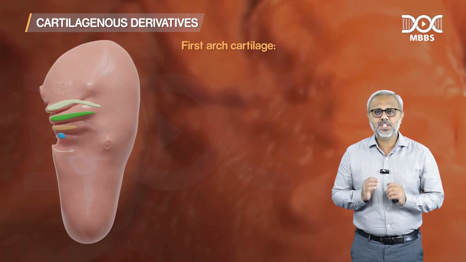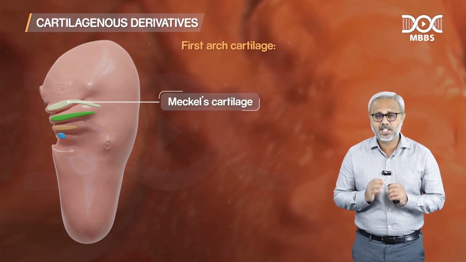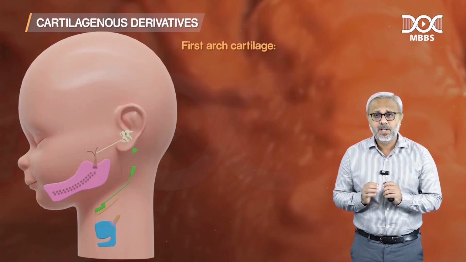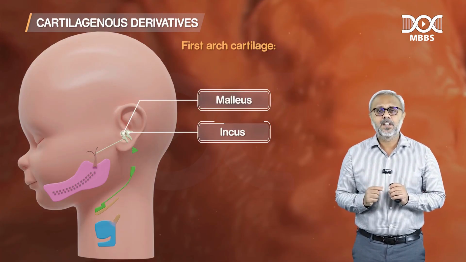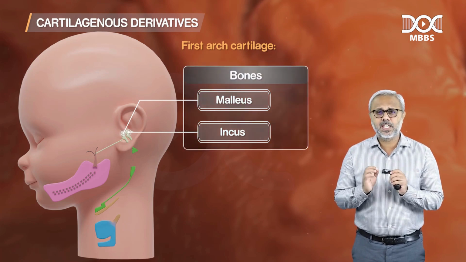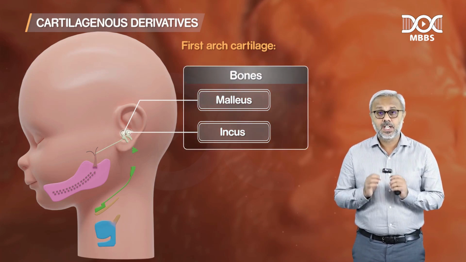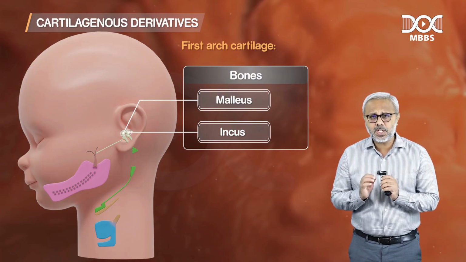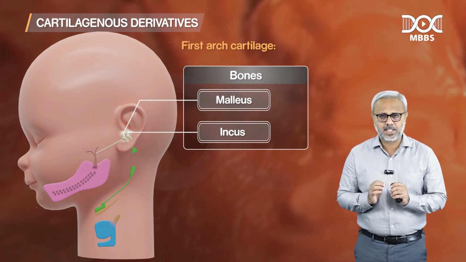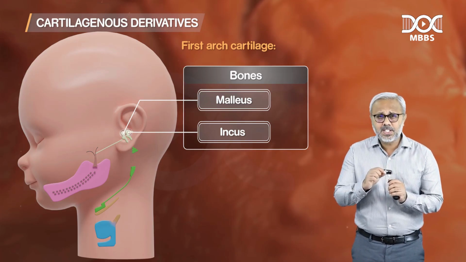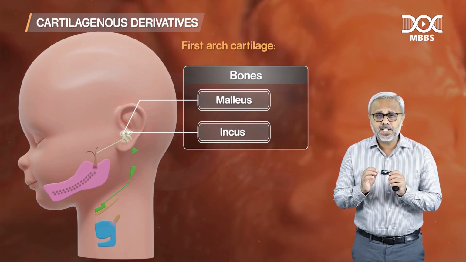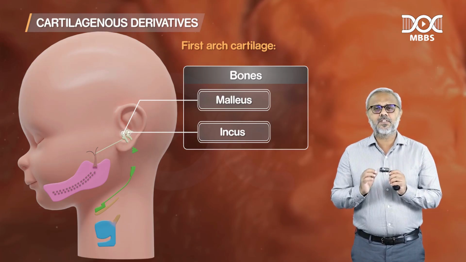The first arch cartilage is called Meckel's cartilage, and Meckel's cartilage gives rise to malleus and incus. These are the two major bones that develop from the first arch cartilage. Apart from this, there is a bone called alisphenoid, which also develops from the first arch cartilage. When the cartilage cells disappear and only the perichondrium remains,